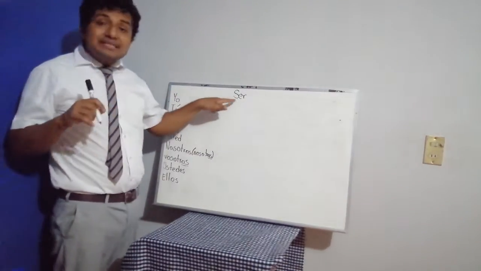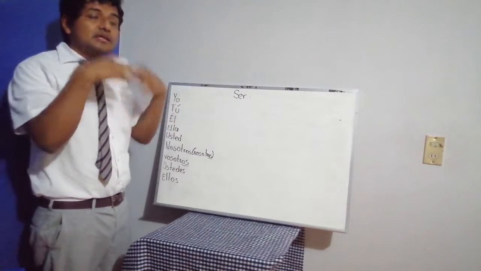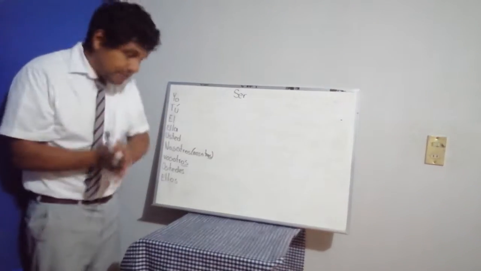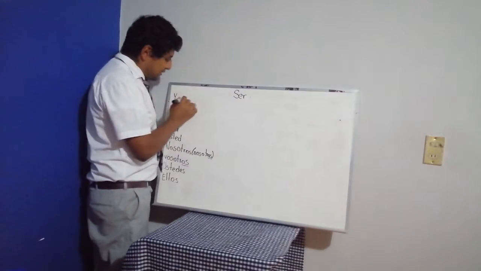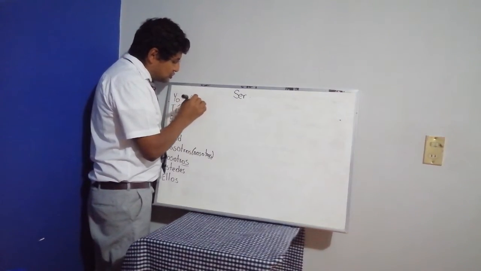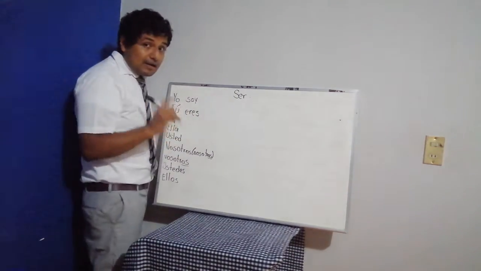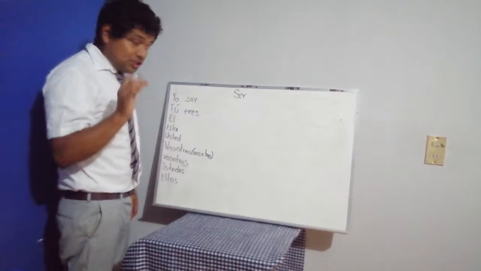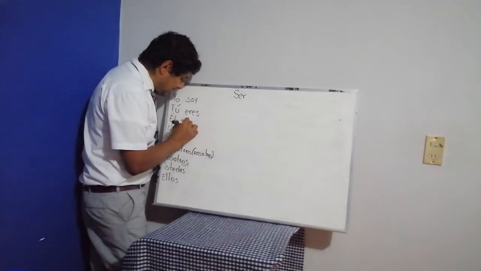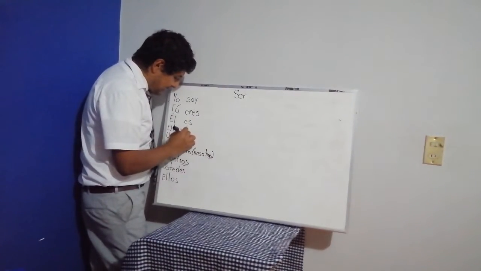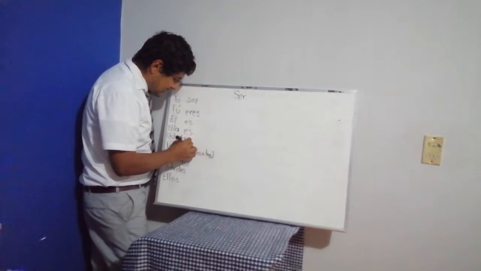So now we are going to learn the correct conjugation of the verb ser. Remember that ser is something that is not going to change, it's the verb to be. For example, the first one is yo soy, tú eres. It's irregular like English, it changes completely. Él es, ella es, usted es,